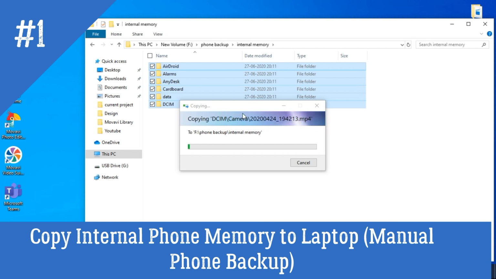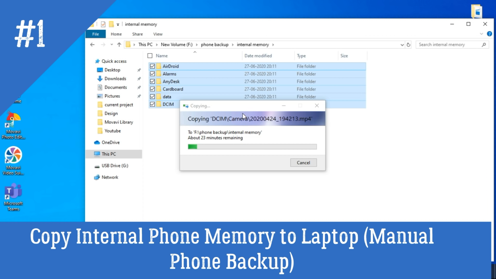Why we are copying this is we don't know which application is using which folder. So whenever you get time, you can go into the WhatsApp folder and take the important images and videos you want, and slowly you can take your important pics and videos. So this is one safety purpose we are taking this backup.